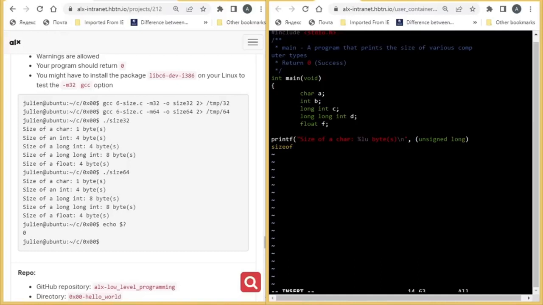Size of. Just a second, it's slowing down. Size of. So since we are in the first one, which is character,